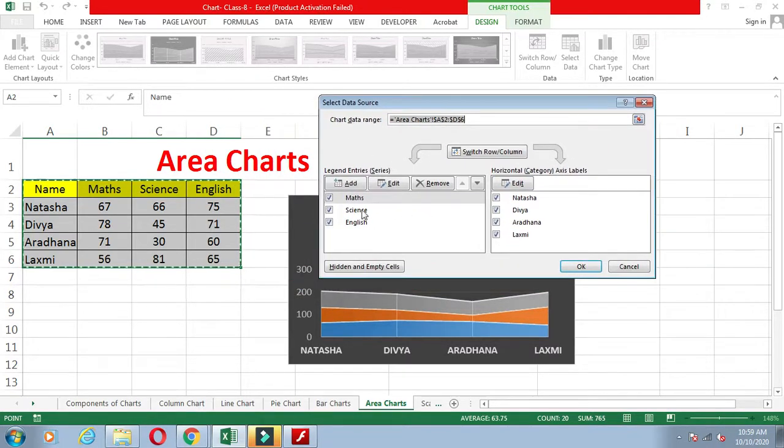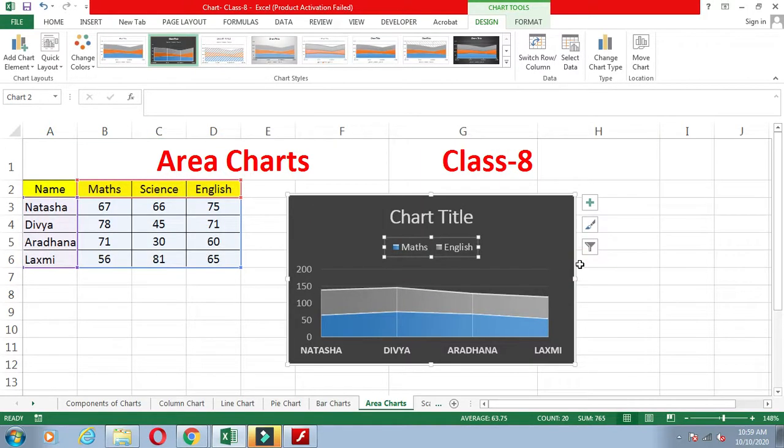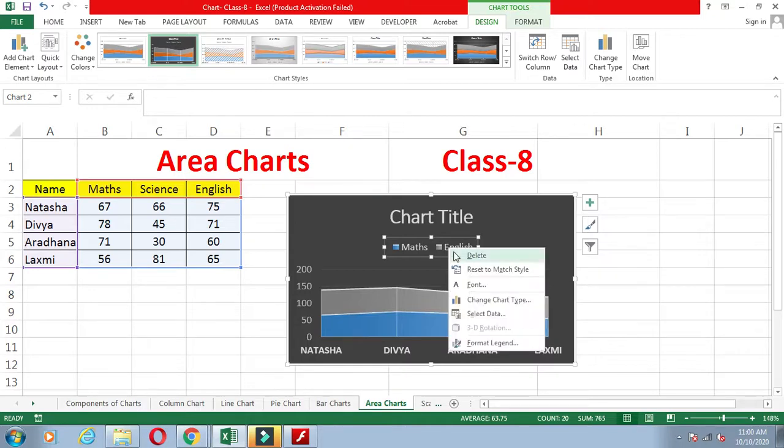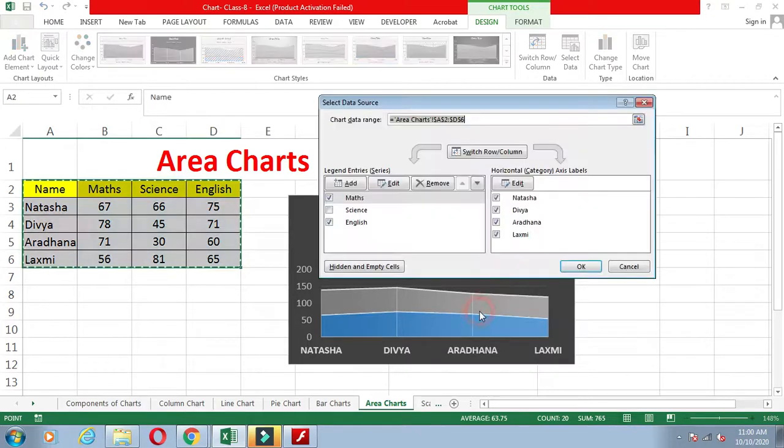The science record is removed from your chart. So in this way, whatever data we want to show, only that data we can show. You just right click on select data, you again click on the science, and that data will be shown again. If you want to change the x-axis data, you can change it, for example removing the last student. Then that last student will not appear in your chart.